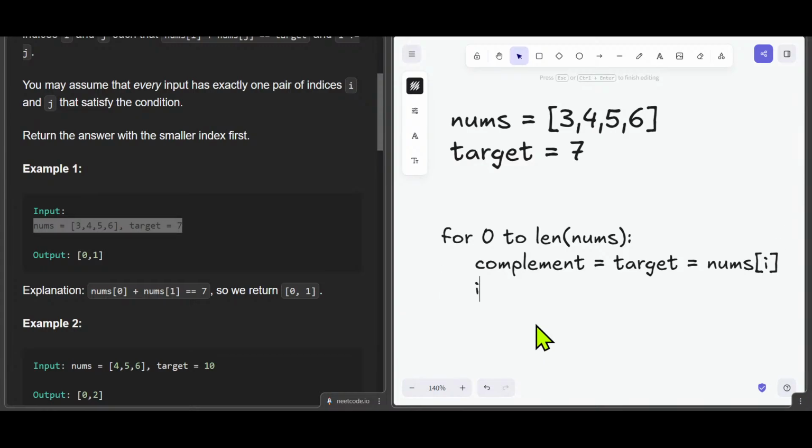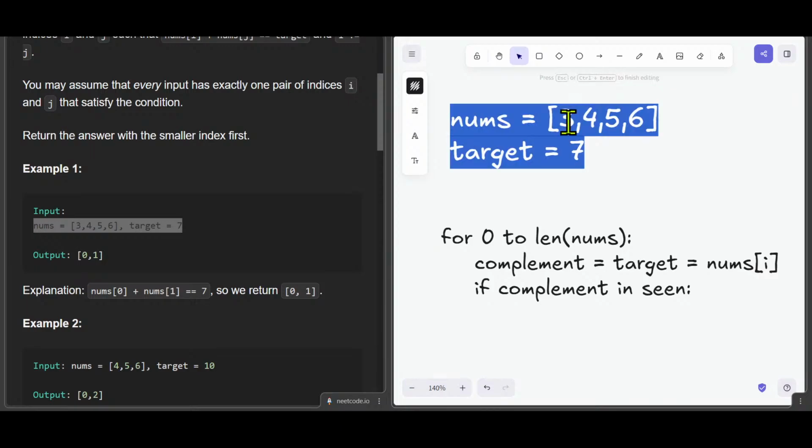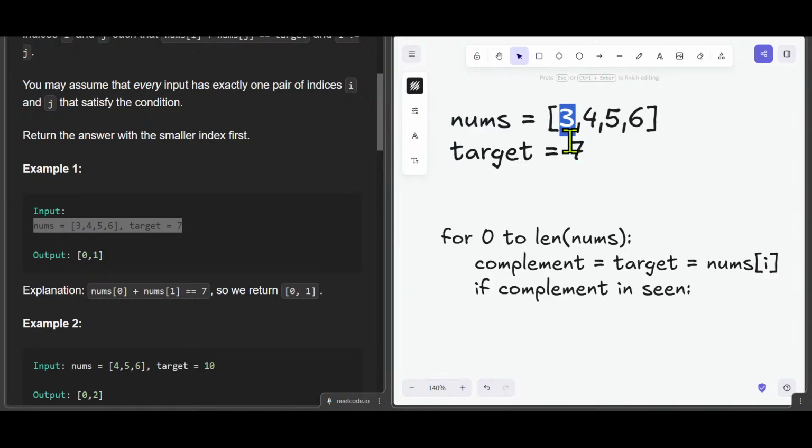Okay. If at all we have seen this complement, what does that mean if we have seen the complement? Let's say we have 3, 4, 5, 6. Okay, we have reached the 0th index, that is 3. Alright, and then we store the complement, which is 4. Okay, so have we seen 4? One second, I think I'm getting confused. Wait, if complement isn't seen,